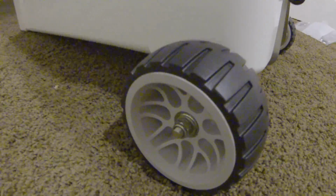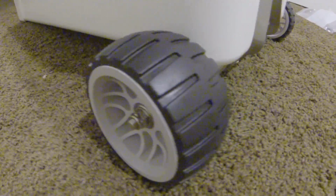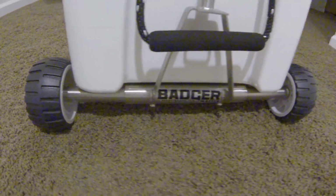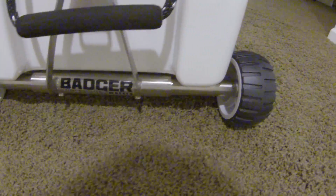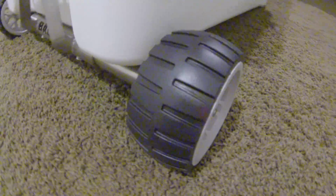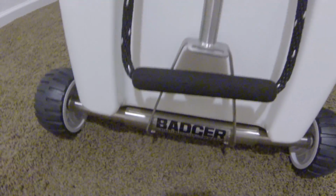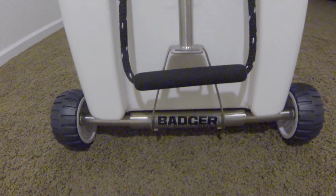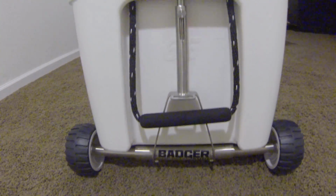And I can't believe it took somebody this long to actually come up with something like this. So, you know, got to give those guys their due credit for coming up with something this ingenious and building it to the specs to make it match the Yeti cooler and really make it an effective and quality product. So Nick and the guys at Cooler Extras, thank you very much from all of us Yeti owners and from all of